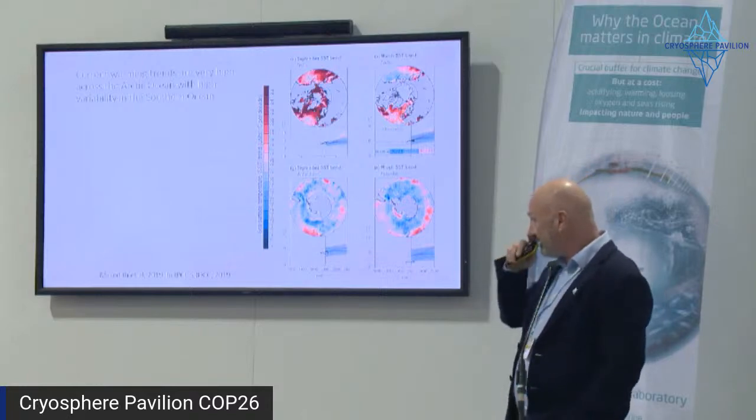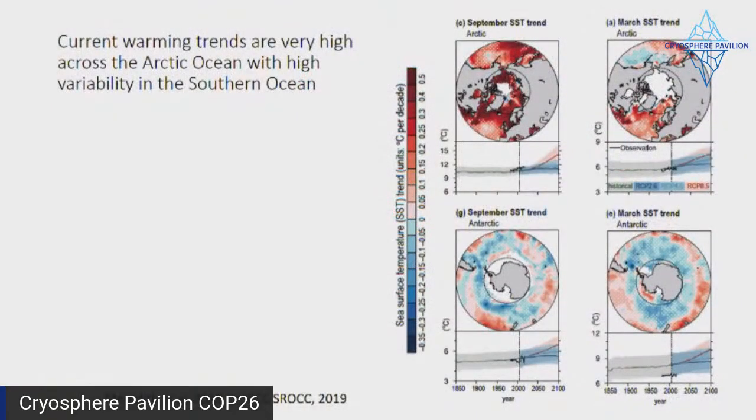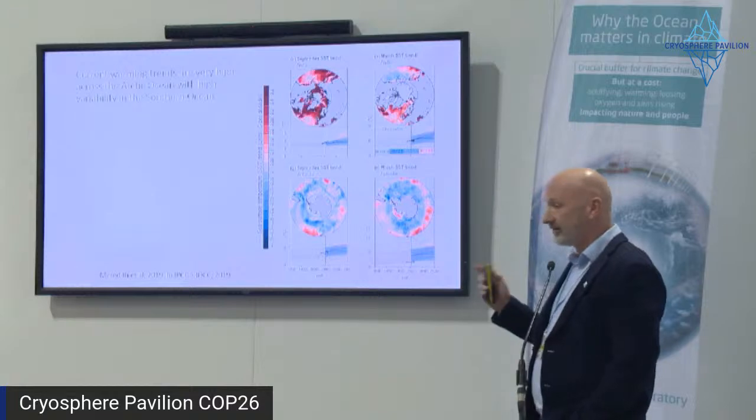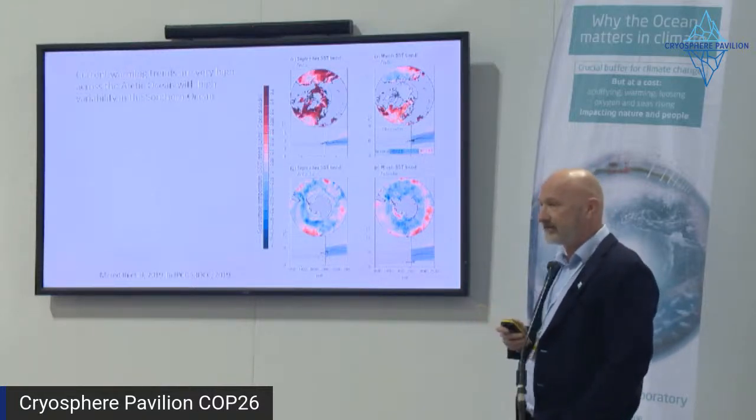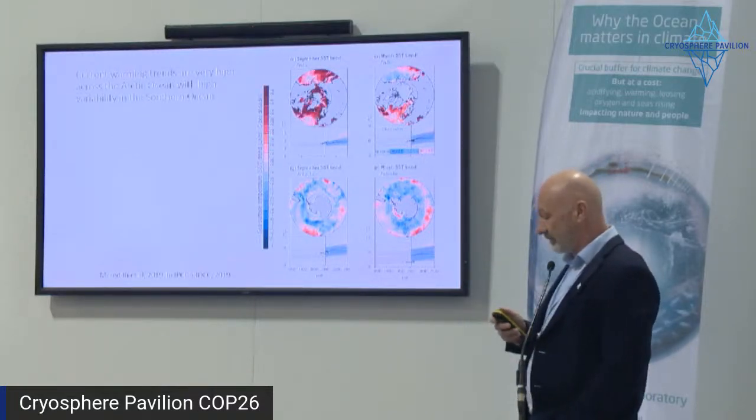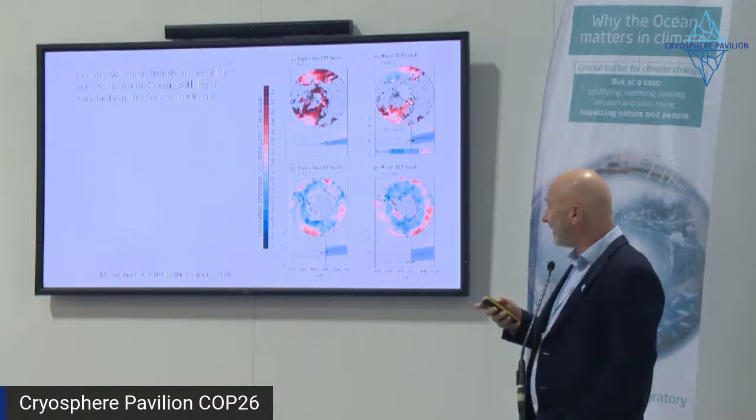So the first one is Mike Meredith's chapter in the IPCC SROC report from 2019. The trends in the Arctic, certainly in the Arctic, are the highest in the world of surface warming. It's a little bit mixed at the moment, and it's very regional in the Southern Ocean presently. However,